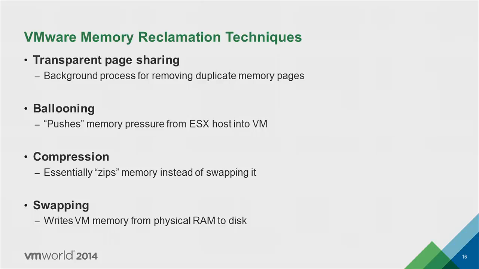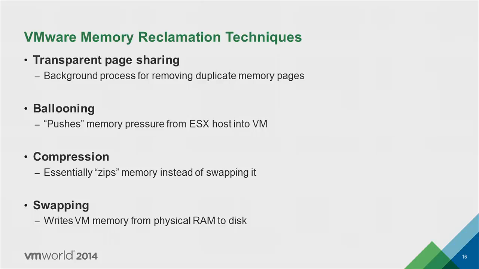Now, it is possible that the entitlement is smaller than the current consumption of the VM. Like currently, you configure a 20 GB VM, and the entitlement turned out to be 12 GB or something like that. In that case, ESX has to reclaim the 8 GB of memory from the VM. We use 4 different techniques to reclaim memory from the VM. Transparent page sharing, which is a background thread that runs and figures out duplicate pages and collapses them. And then there is a